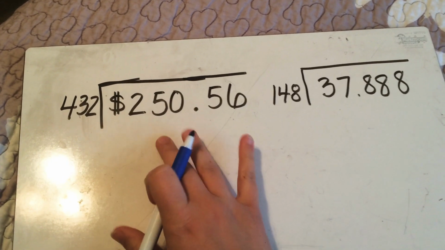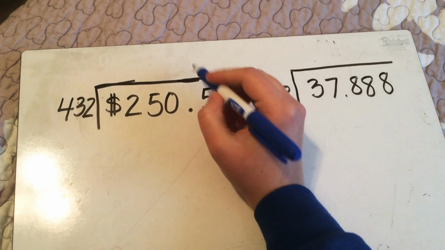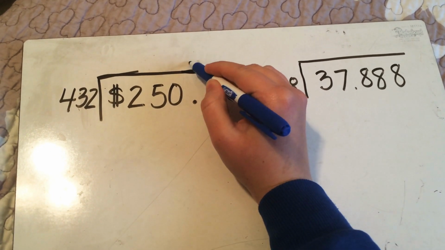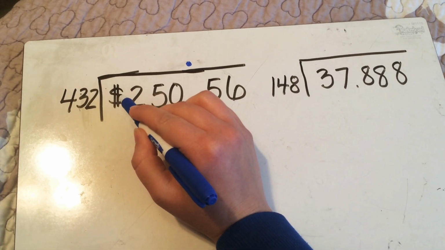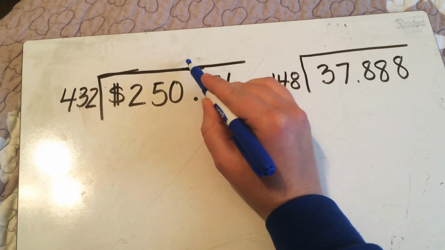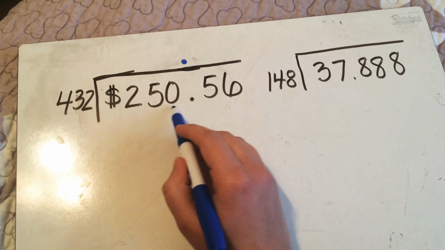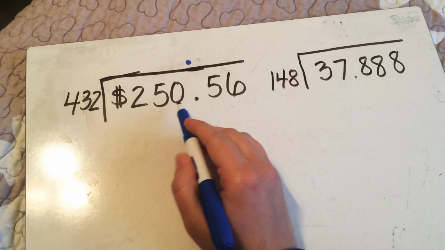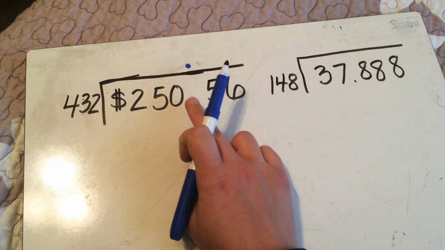So right here, this is number 1D, the green letter. The first thing we're going to do is bring our decimal point up. Don't bring your dollar symbol up until you're done, okay? This is the last thing you bring up. But first thing we need to do is carry our decimal sign straight up. And now we're looking at 432. Does it go into 250? It does not because it's too small. So 432 into, imagine this decimal is not there,